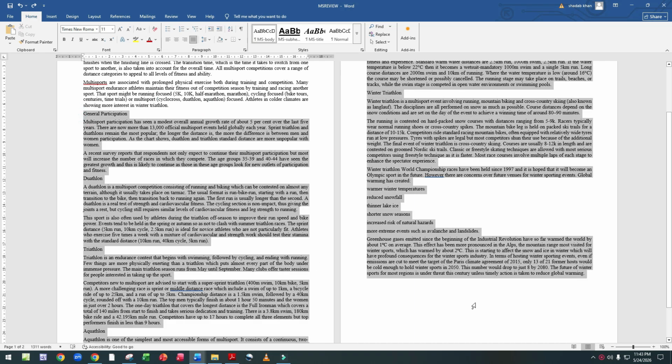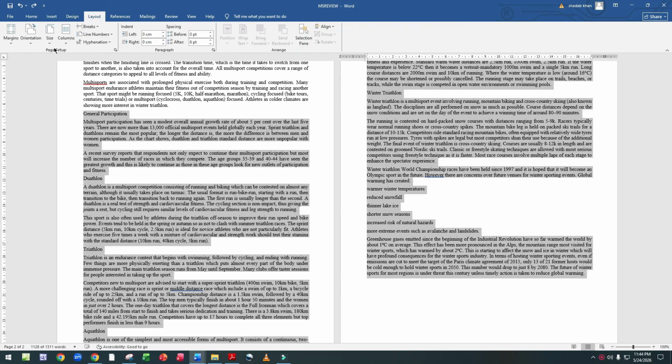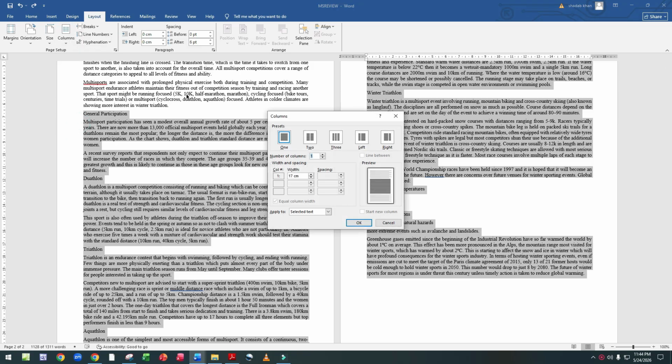Click on layout, columns, more columns. Here is two columns, spacing 1 centimeter. Width is equal, then give OK.